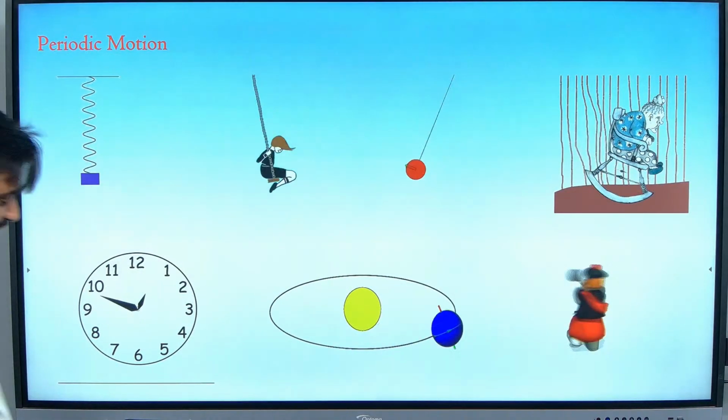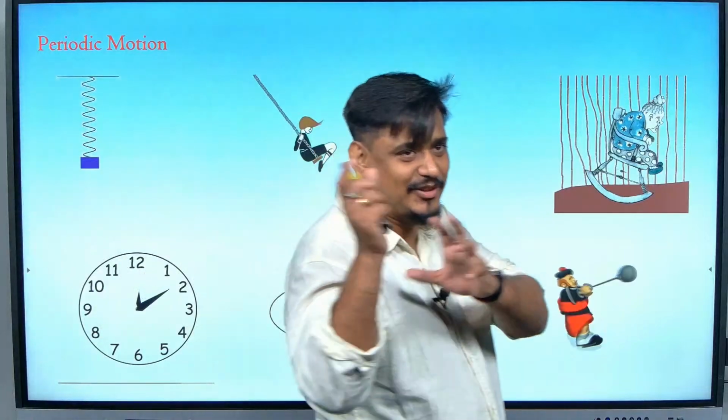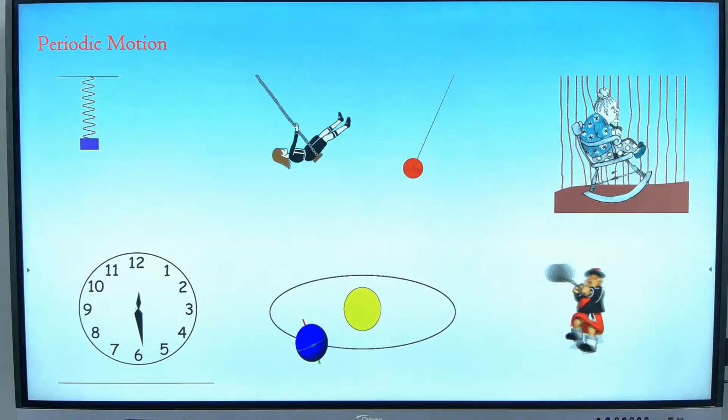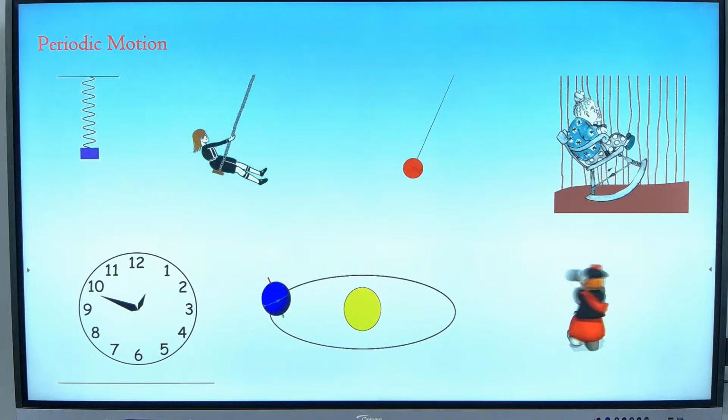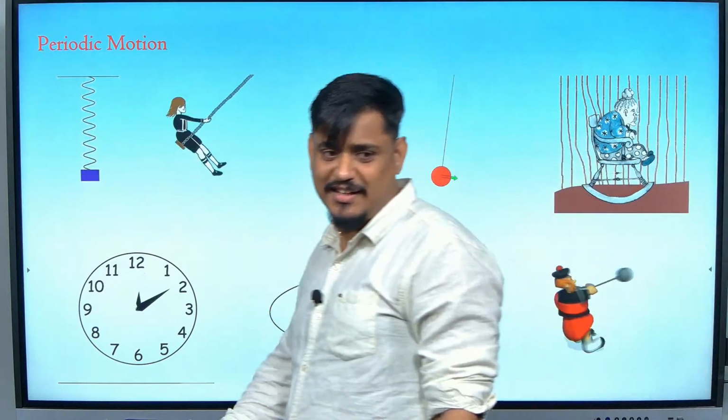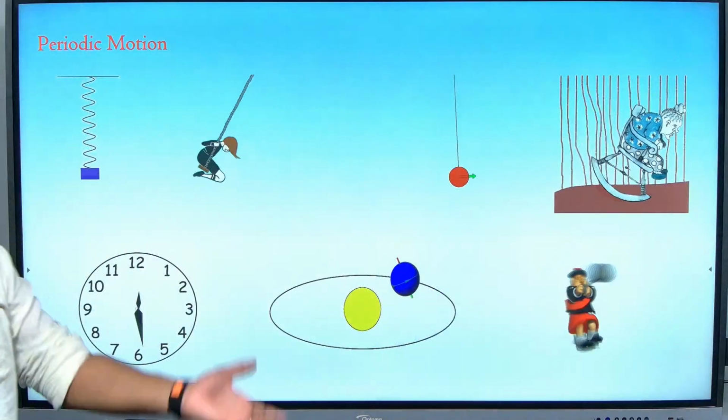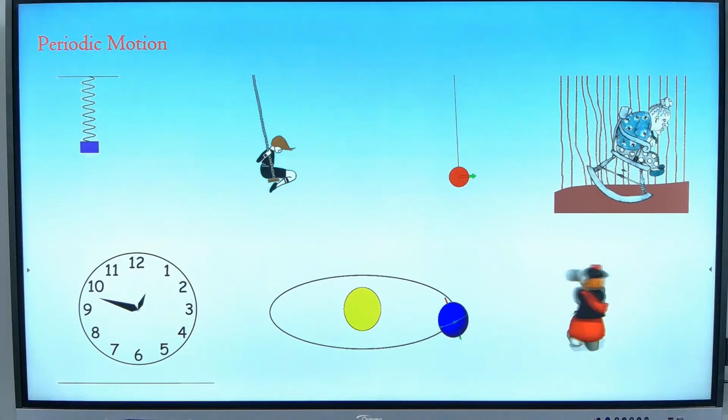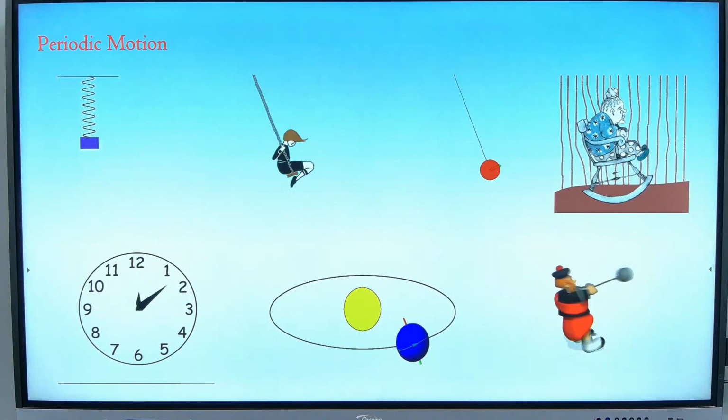Hammer throw, okay, whatever. Yes, shot put is by hand, sorry. So hammer throw, some kind of sport. So he is also trying to be in periodic motion. In reality, we cannot really be in periodic motion for doing this. For a few seconds, we may come. So I hope it is clear what is the meaning of periodic motion.